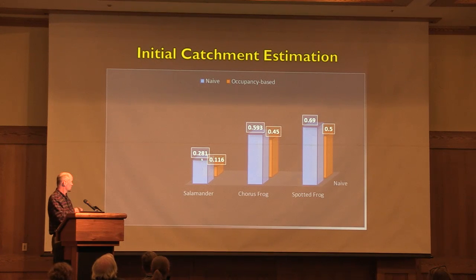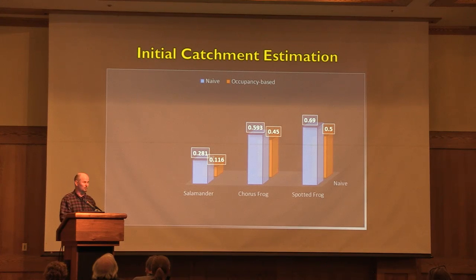And the blue estimates are what are called naive estimates. They're just a simple raw count of the proportion of catchments that had at least one water body where there was some breeding activity in there. So where I came along is I tried to adjust for imperfect detection probability in estimating and trying to find those breeding locations. And so normally, adjusting for imperfect detection would raise up those estimates of actual occupancy, but